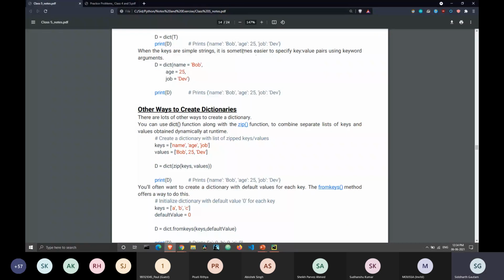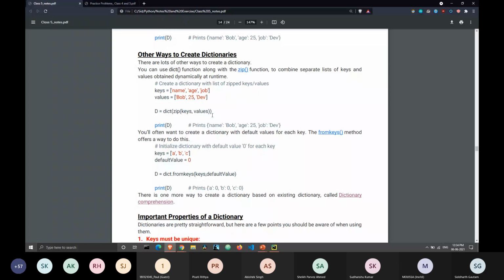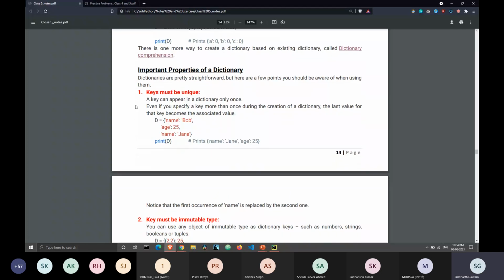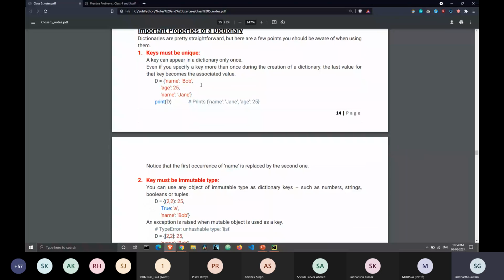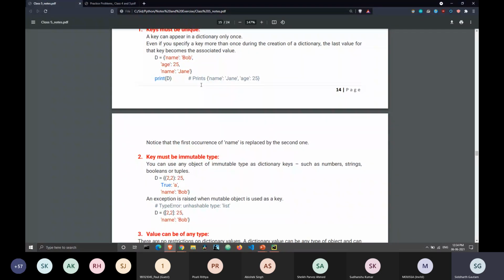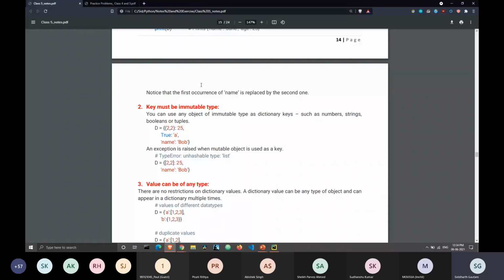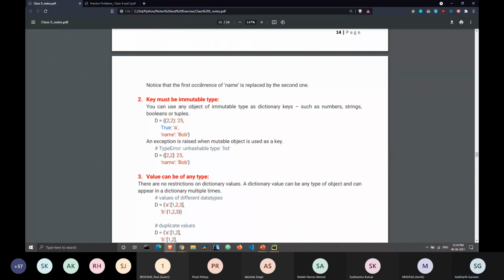And let's move on. Now at the end of page 14, we get the properties of a dictionary. All the keys must be unique. You cannot repeat a key in a dictionary, because that will throw an error. Keys must be immutable, which means they cannot be changed.